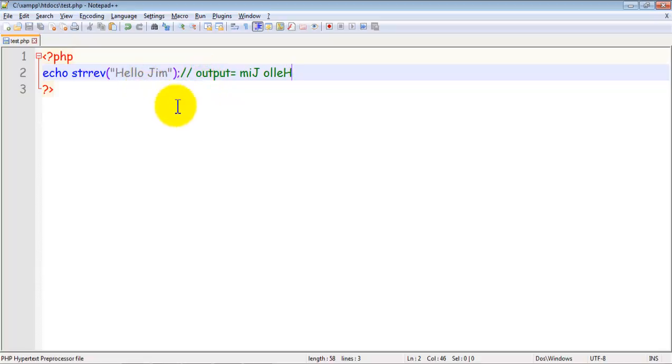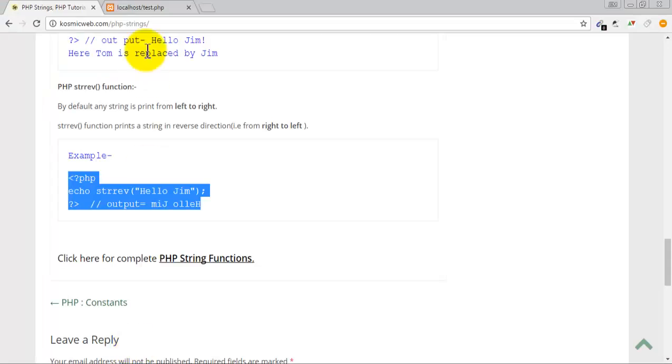It will print M, I, J, empty space, O, L, L, E, H, because the strrev function is used, so it will print from right to left. Come to the browser and refresh. This is printed in the opposite direction.